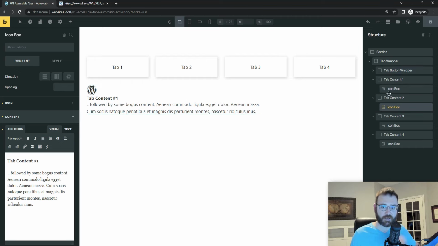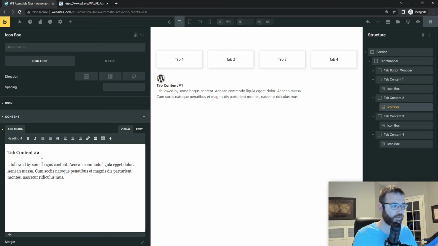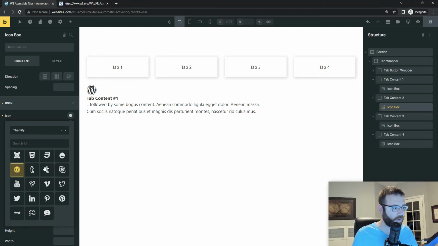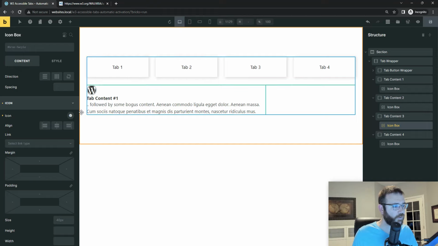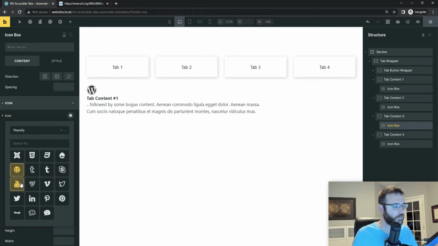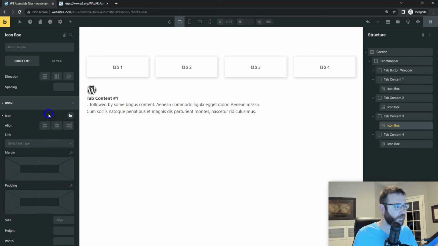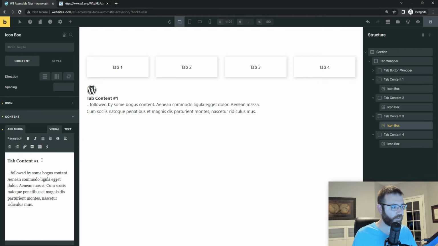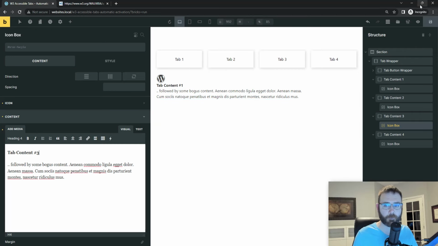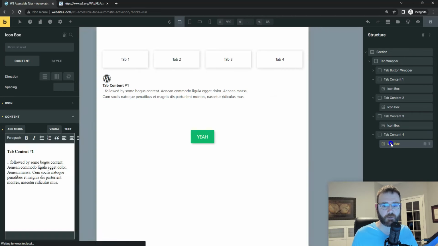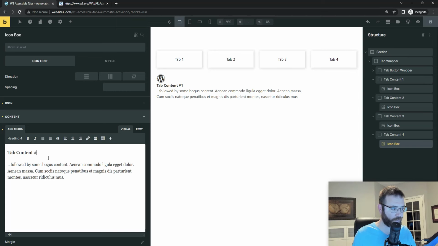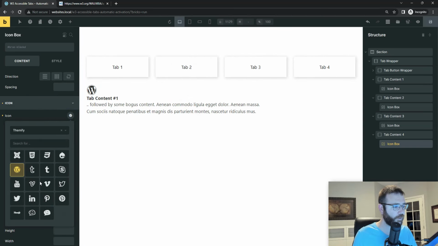So now we have some content inside our tabs, and I want to go and change it so that we can see that it's clearly different. So I'm going to add tab content 2, change the icon to something else like Twitter. On this next one, let's change it to something LinkedIn. Change the content to say tab content number 3. And then let's do this last one, call this tab content 4, and change its icon to something like this